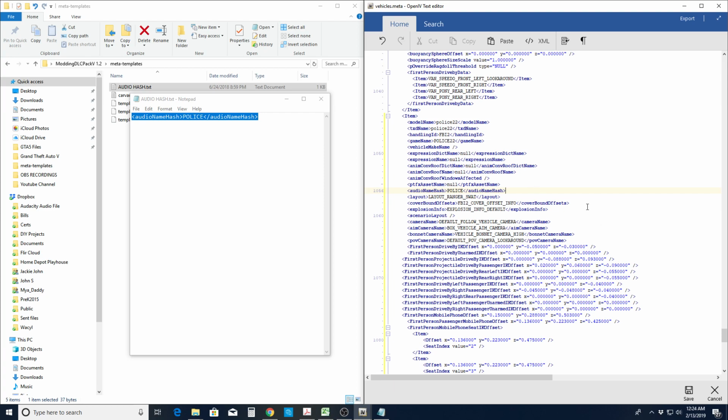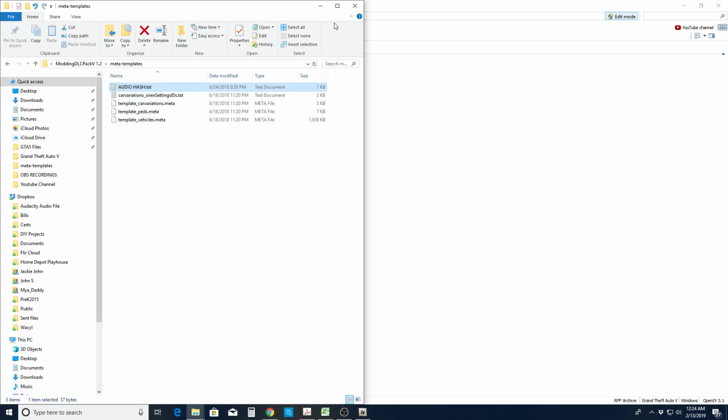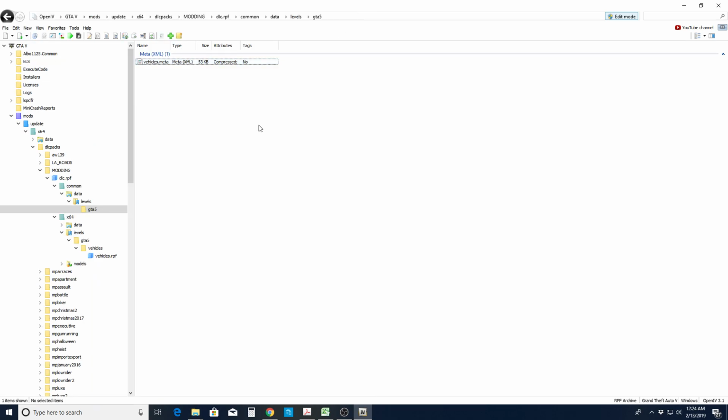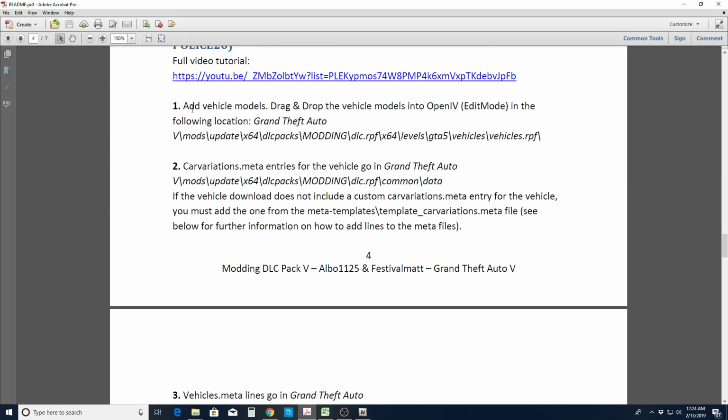So we'll do that. I put that in there. That's just the way I do it. Once we have that all done up here, we can click save right down on the bottom right. Close that out. All right, and so in this we have covered, let's go back up to one, add vehicle